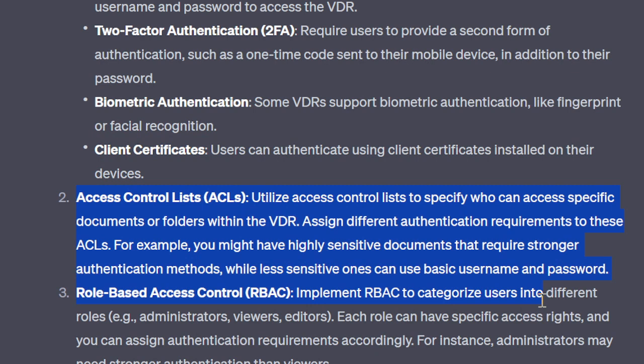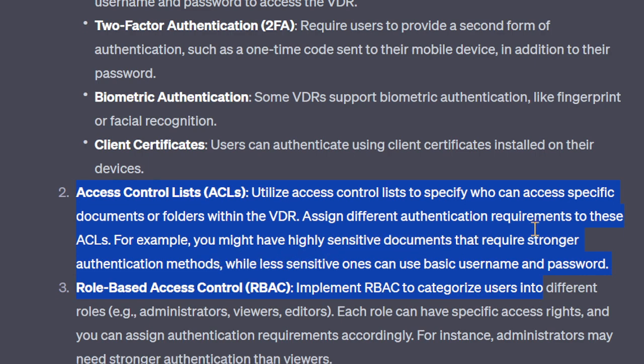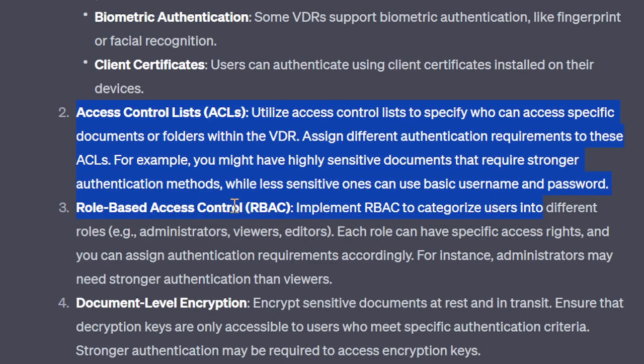Access control lists (ACLs): utilize access control lists to specify who can access specific documents or folders within the VDR. Assign different authentication requirements to these ACLs. For example, you might have highly sensitive documents that require stronger authentication methods, while less sensitive ones can use basic